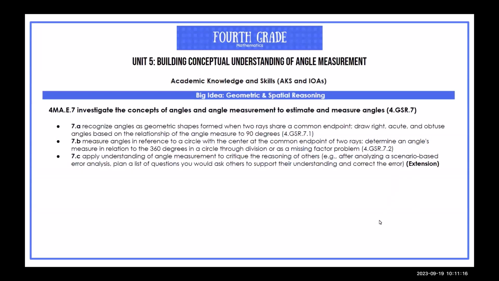Unit 5 has one AKS. Under the AKS, you will find the Indicators of Achievement, or IOAs. In Unit 5, you will teach all of the IOAs for AKS 4MA.E.7. Students extend the measurement